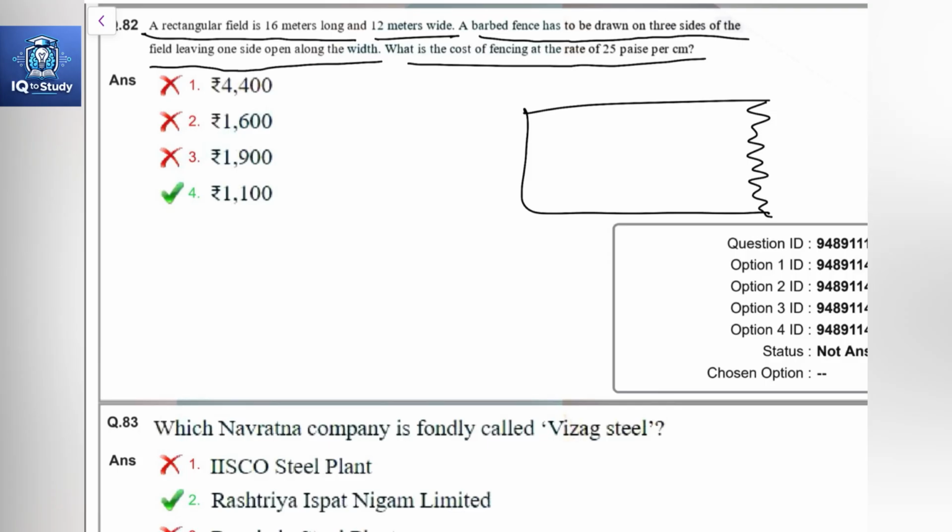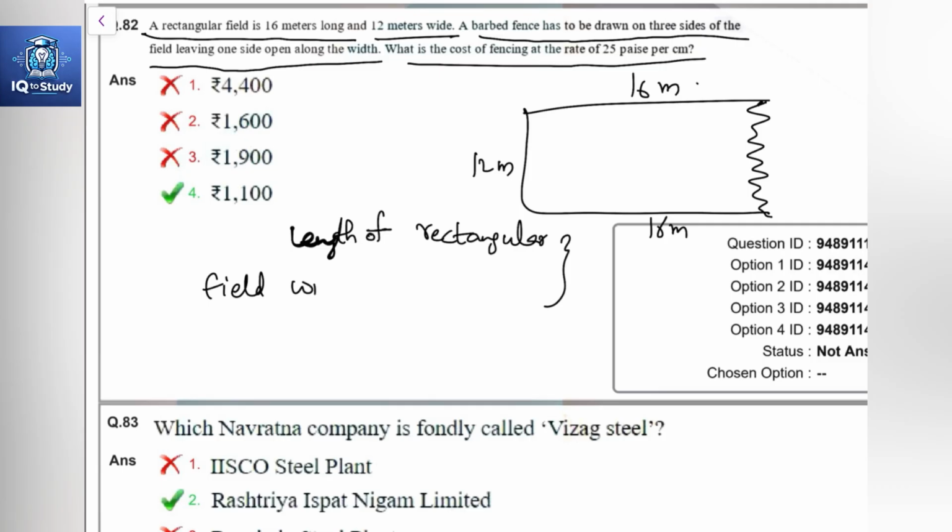Here, length is 16 meters and width is 12 meters. A barbed fence has to be drawn on the 3 sides of the field, leaving one side open along the width. So this is the open side, and we have to find the cost of fencing at the rate of 25 paise per centimeter. We know that the length of the rectangular field